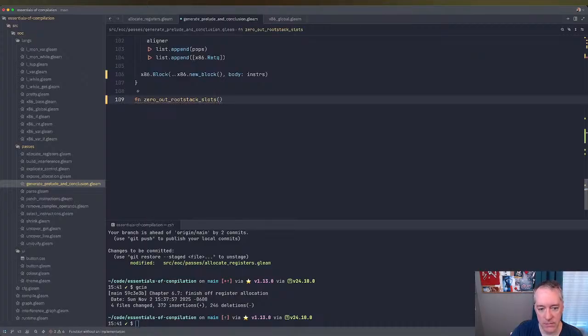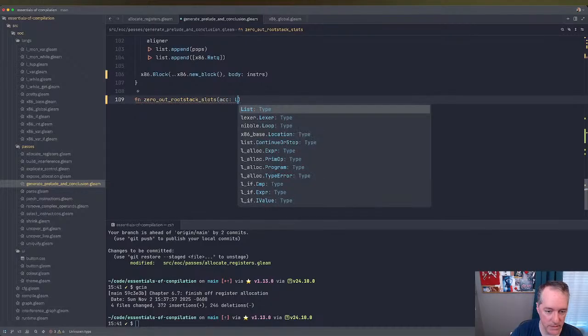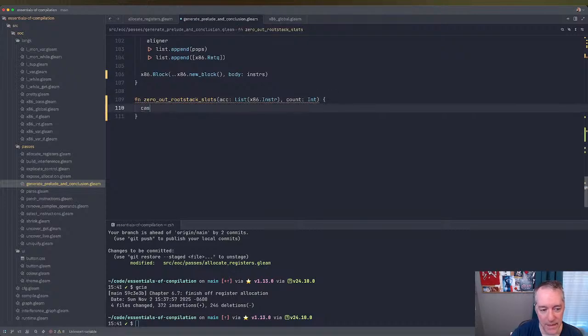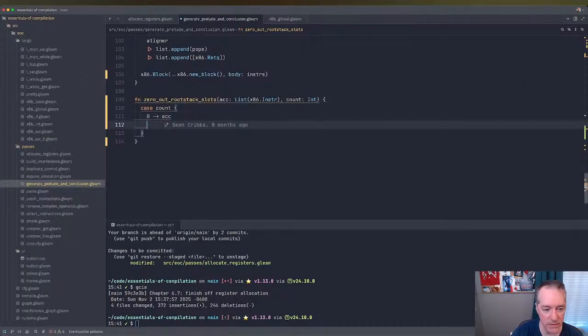Okay, so we'll have an accumulator, which is a list of x86 instructions, and we'll have a count, which is an int. And if count is 0, then we're doing typical recursive stuff here. We just return the accumulator. Otherwise, we do